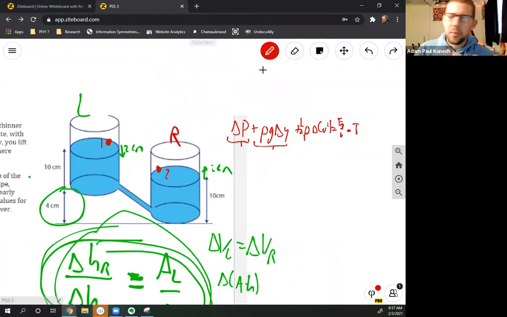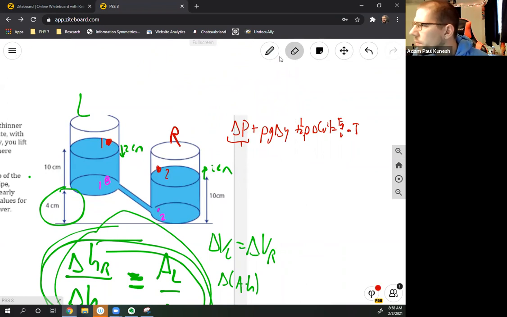So when they say apply it at the thin standpipe versus not at the thin standpipe, I can just take a pick. I can either pick the pink points 1 and 2, or the surface tops 1 and 2. In either case, at point 1 here, I'm at the surface of my fluid, right? So all of the pressure at this point is due to atmospheric pressure, and same at point 2. So if I do it on the red side here, each of these are held at atmospheric pressure, so the change in pressure between them is just P_atm minus P_atm